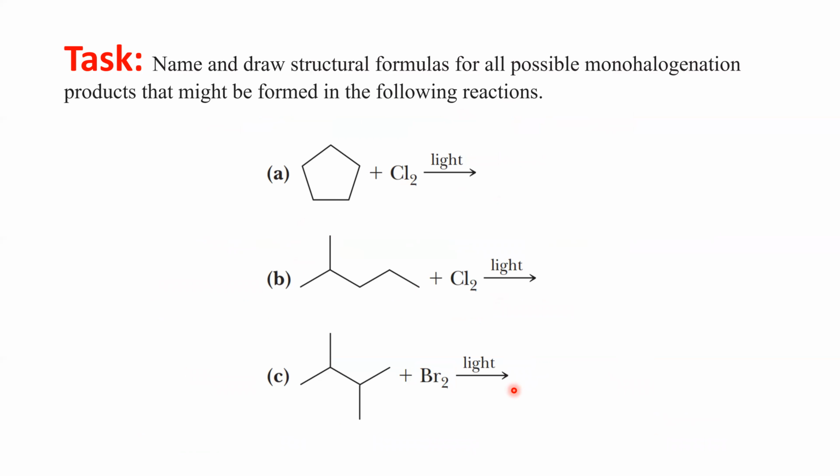Now, at the end, this is the task for you. We have discussed that in the presence of light and a halogen, the alkanes will combine with these halogens to give you the alkyl halide. Now I have set up this question in a way that you have to name and draw structural formulas for all possible monohalogenation products. What I mean by the monohalogenation product is that